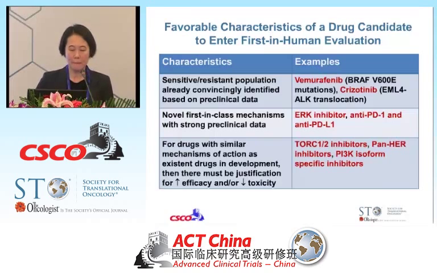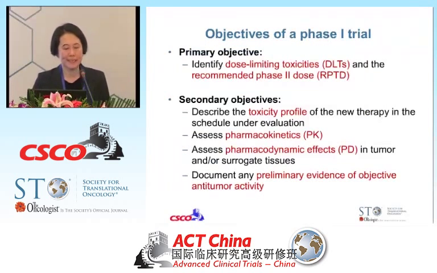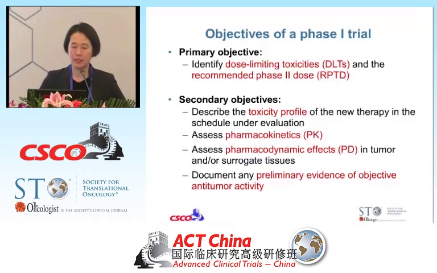be developed. But if you do have these potential improvements in terms of efficacy or reduced toxicity, so for example, if we're going to develop PI3 kinase isoform-specific inhibitors, I think that would be very appealing because even though we have PI3 kinase inhibitors, a very specific inhibitor would be quite interesting. So going back to the basics, the objectives of a phase 1 study, I put in here the primary objective is really to define the dose-limiting toxicity, and I put in here the recommended phase 2 dose.